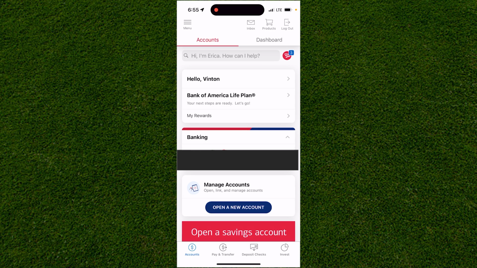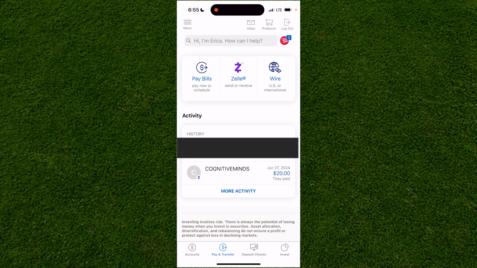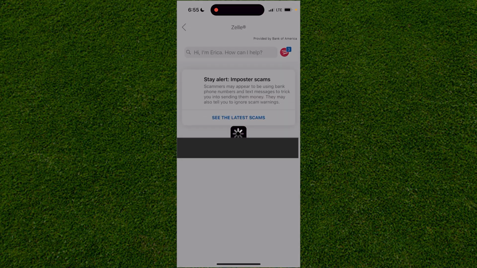From here, all you need to do to access Zelle and make a payment is first click on the Pay and Transfer mode on the bottom left-hand corner of the screen. Once you click on that, you just want to click on Zelle, which is in the very middle of the screen, either send or receive. You can even do wire transfer on the right-hand side, but we just want to click on the Zelle option,